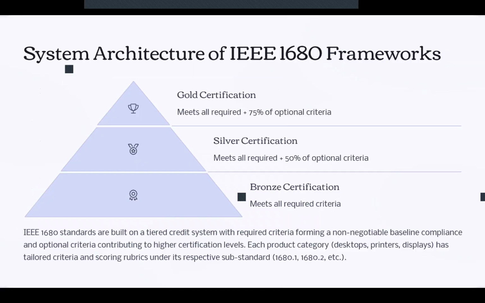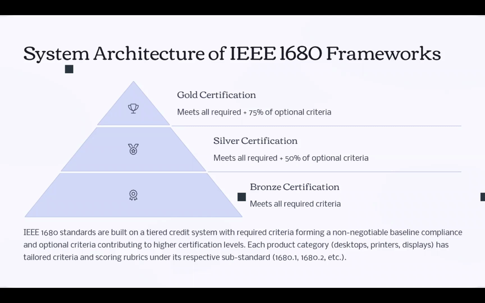Now, IEEE 1680 doesn't just say whether a product is sustainable or not. It gives the product different levels of certification. We have bronze, silver, and gold. These levels help manufacturers and buyers to understand just how environmentally responsible a product really is. So bronze is the starting line. To get it, a product must meet all the required criteria,